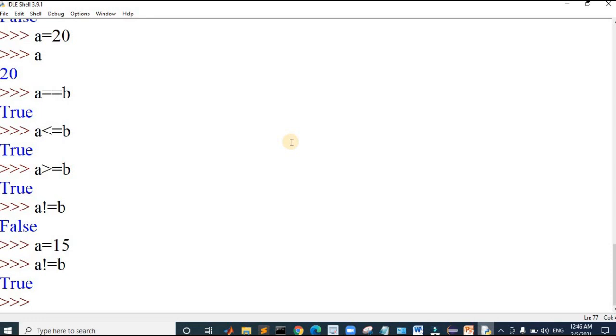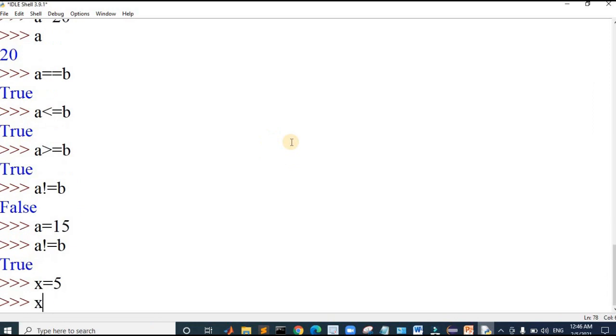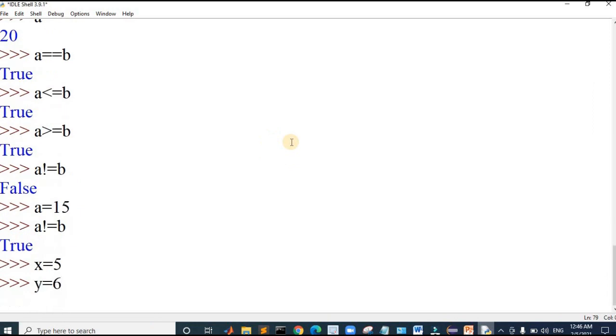The other type of operators are logical operators. These are used to combine two conditions based on and, not, or. So these are the three basic operations we can do. For example, here if I assign x equal to 5 and y equal to 6, now if I check x less than 2, which is false, and if I use the AND operation, y greater than 2,